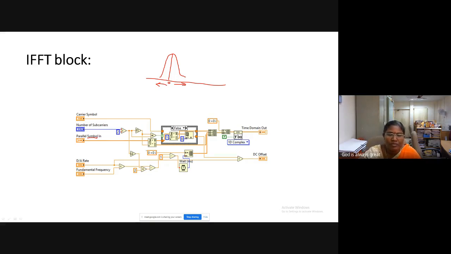So, how many zeros you are going to append? That is decided by this part of the block. So that depends upon the data rate and the fundamental frequency. If you take the data rate and fundamental frequency, you just divide by 2 and see, and then subtract it, right? Then introduce zeros. So over the spectrum, some subcarriers will carry data, some subcarriers will carry zeros.